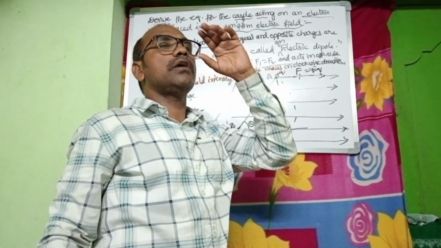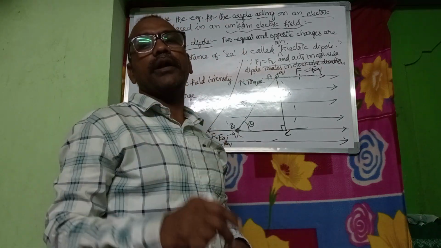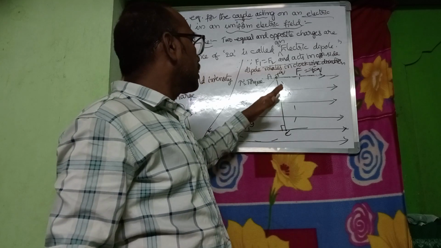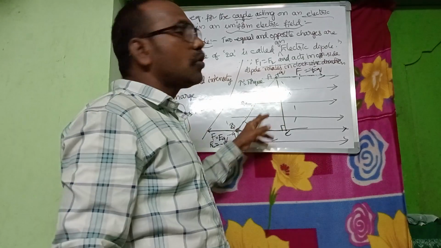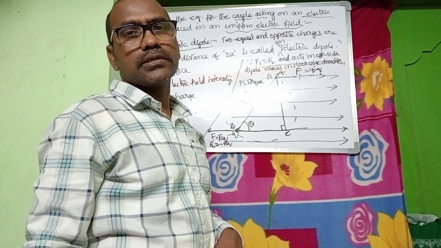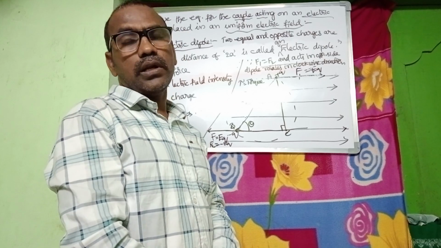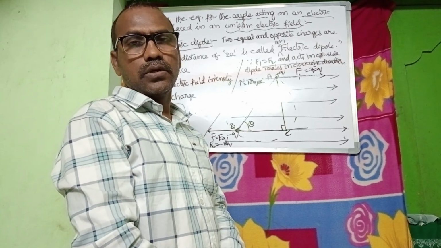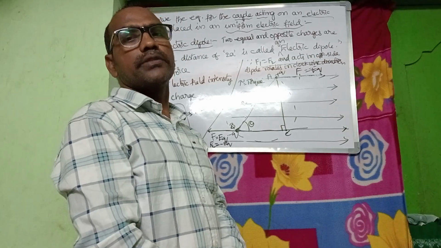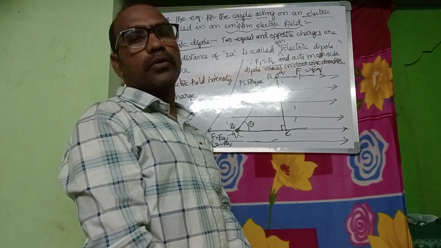What is the definition of couple? Couple means if two forces act at two points in opposite directions, then automatically that body or that dipole, whatever it may be, rotates in clockwise or anti-clockwise direction. So we can say it is two equal and opposite forces acting on the same body at the two ends of the body, then it produces a couple. Example,